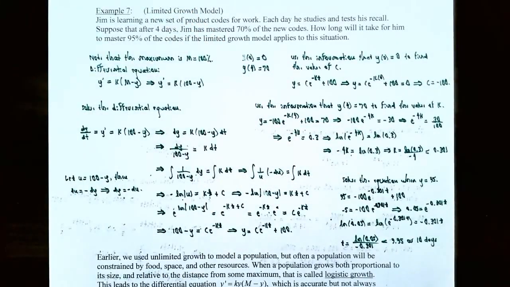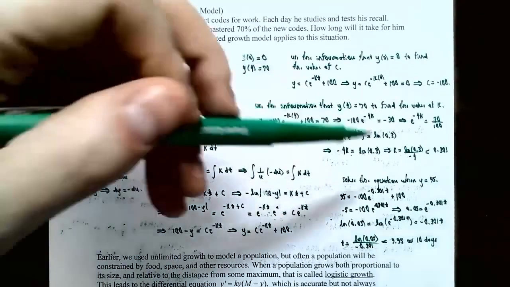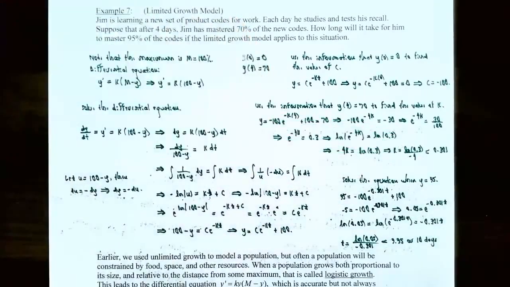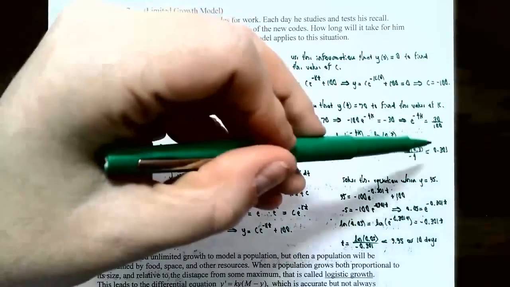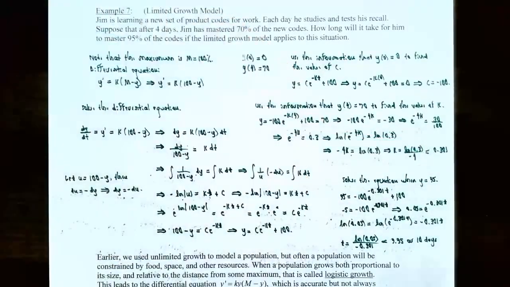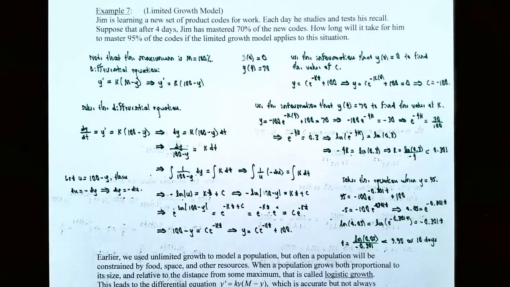So now if you want to get k by itself, divide both sides of the equation by negative 4. And so k is equal to natural log 0.3, get that answer, and then divide by negative 4. And you'll come up with about 0.301. So now that we found out the value of k, and we know what the value of c is, and we know the function y,